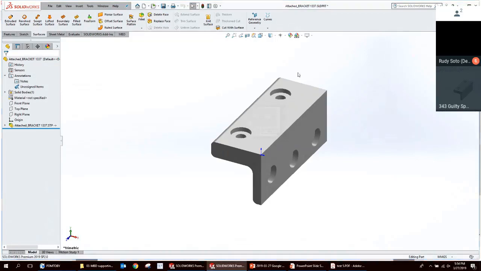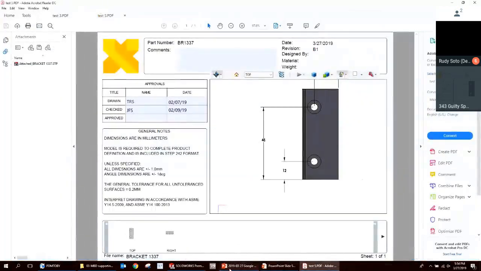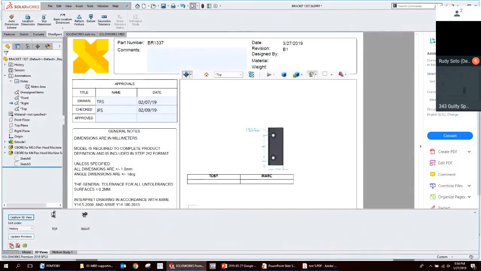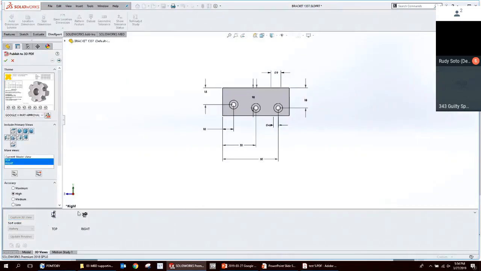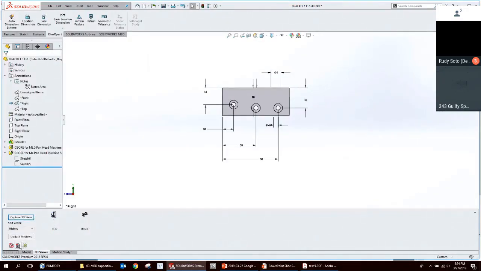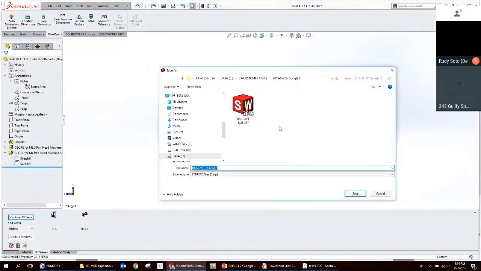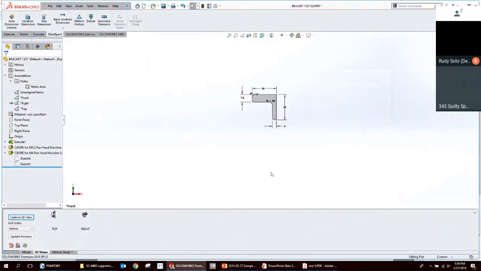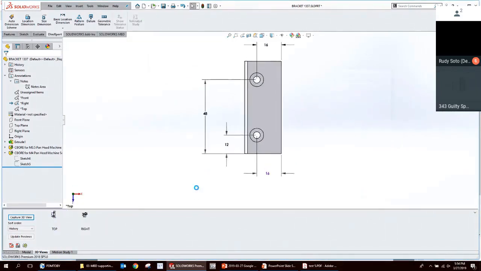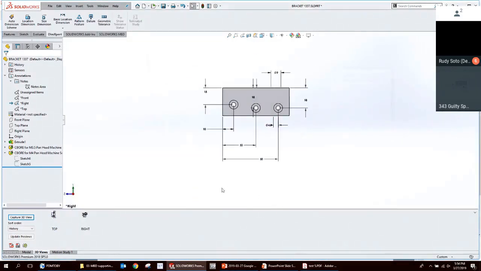Okay, let me try this test a different way. I'm going to go back to SolidWorks and I'm going to do output 3D PDF. No, output STEP 242. Because when you open a file with PMI in it, there's actually a check mark to include the PMI.